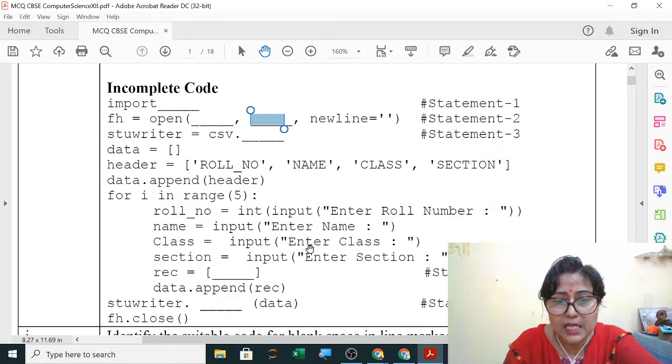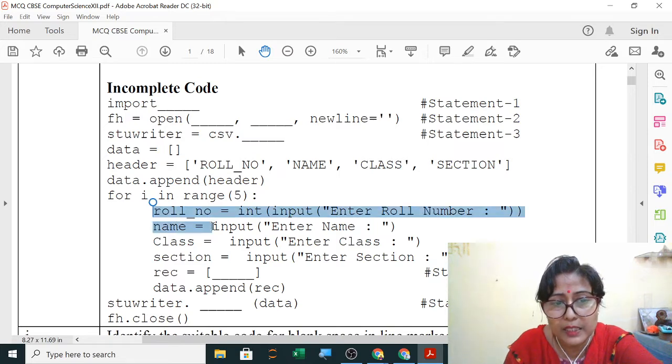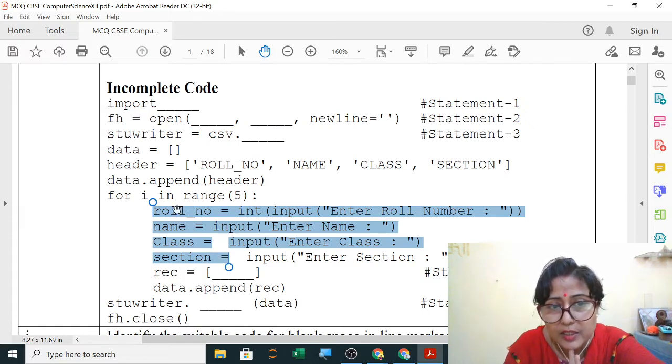So I think this time all will get full marks, 100 out of 100, because it is very easy. Now here you have taken the data: roll number, name, class and section, and this record, rec equals to, has all the data. Now how will you write all the data in square brackets?